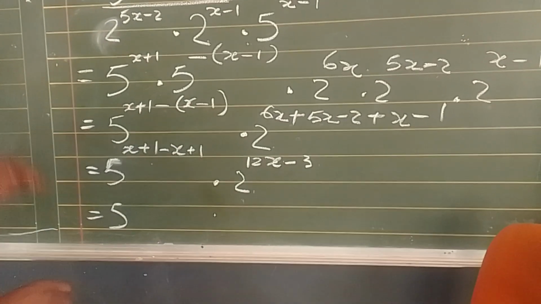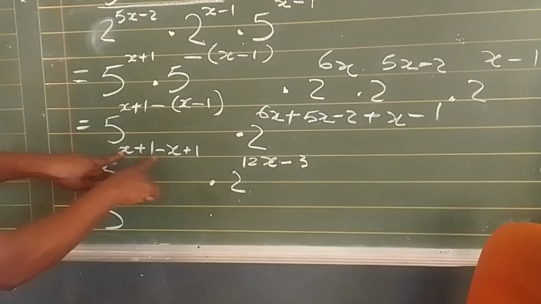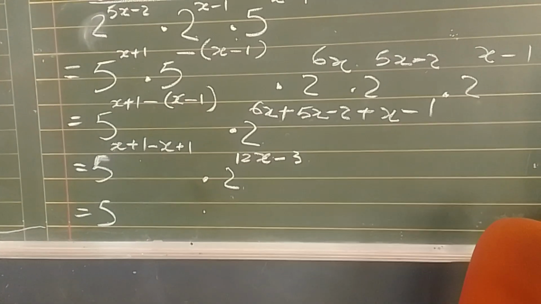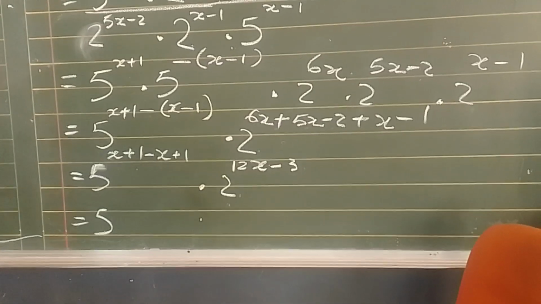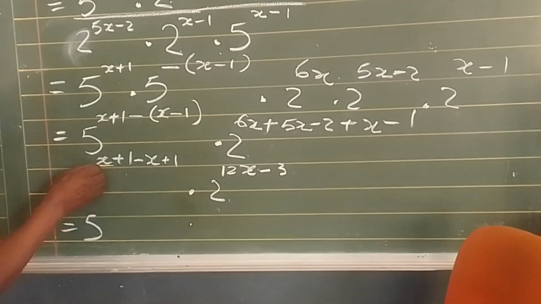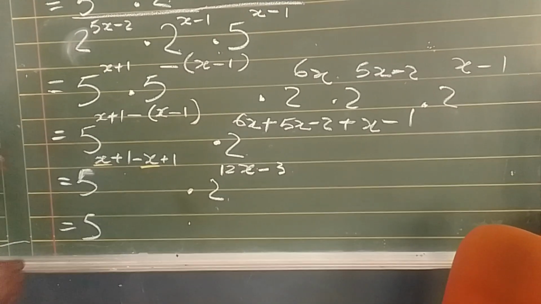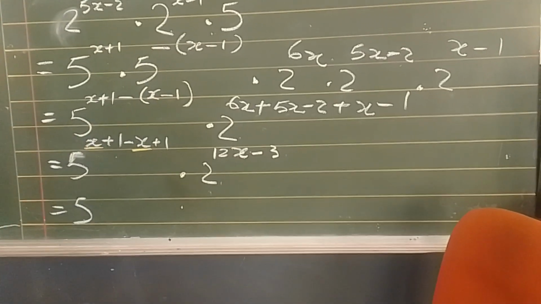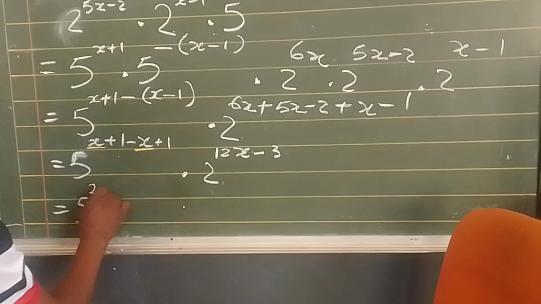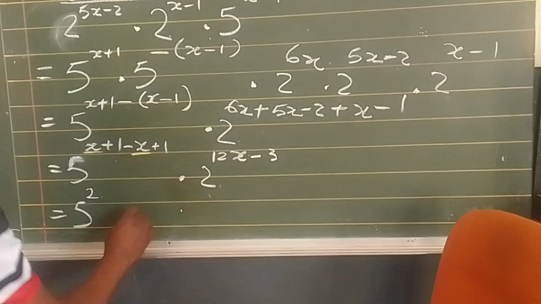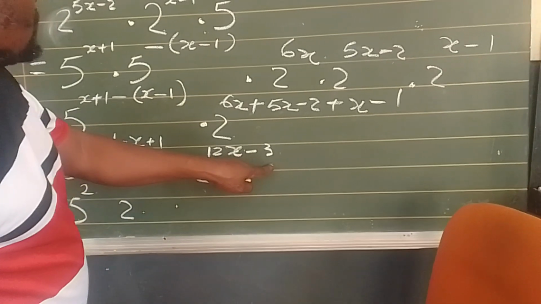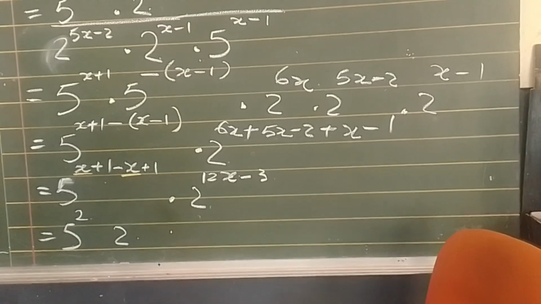5 to the power x minus x, these two neutralize each other. This cancels, that you are left with 1 plus 1 is 2. You are left with 5 to the power 2. You come here, 2 to the power 12x minus 1. It is going to be